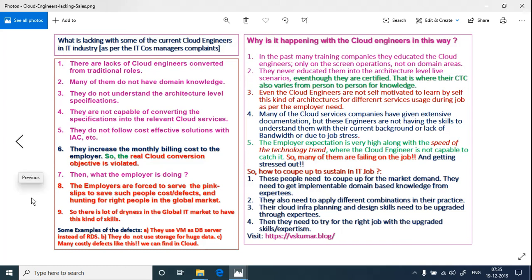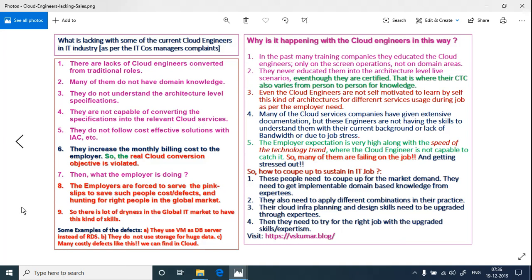Even if you see what the top-notch training vendors publish on their sites, you can see how many cloud engineers, data scientists, or machine learning people are required this year, and what percentage of positions are vacant globally. They publish all that news to attract people. Those statistics are the real statistics. But in reality, you are not finding the kind of people who are fit for the environment setup.